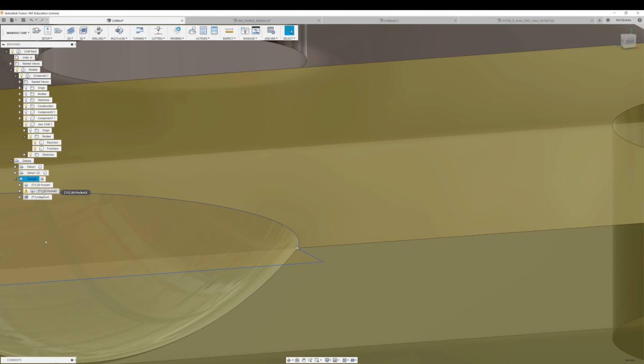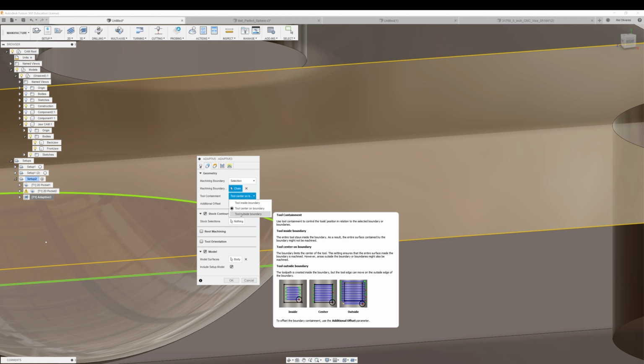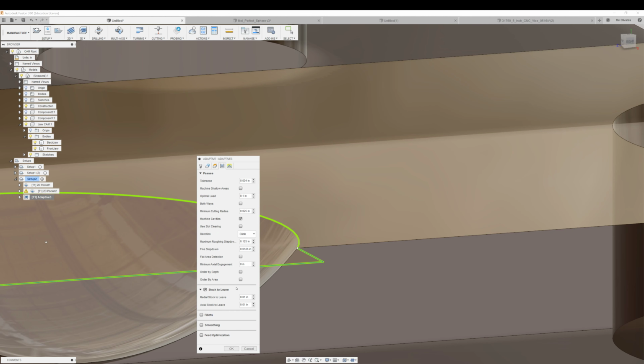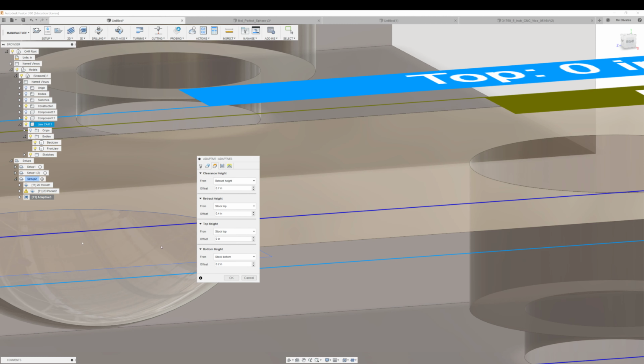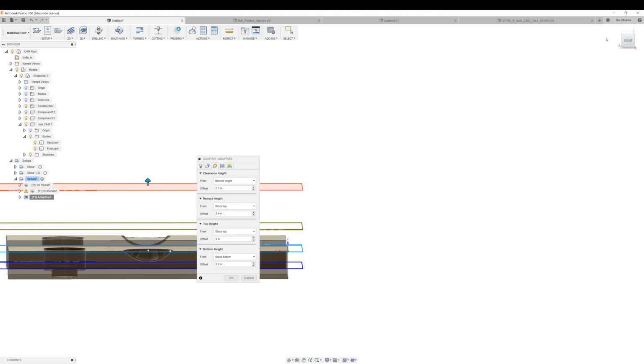So what we're going to do is go back to this pocket, this 3D adaptive, and we're going to say geometry, tool center on boundary. I'm going to say tool outside boundary. And then I'm going to change the height just a little bit so that when we look at it from this direction,